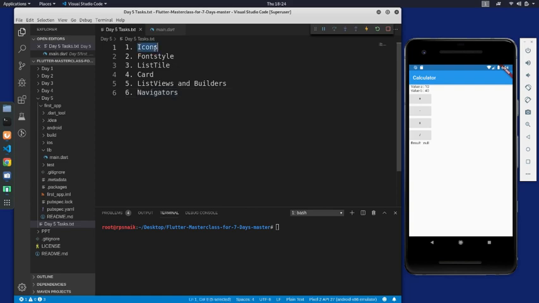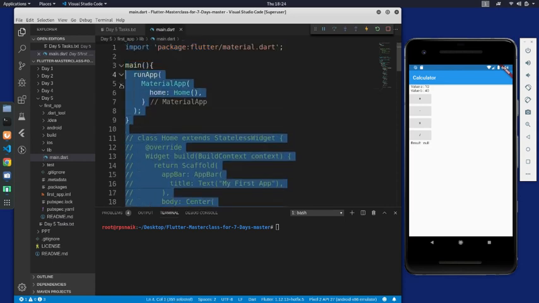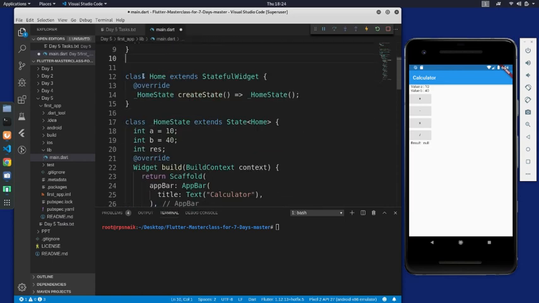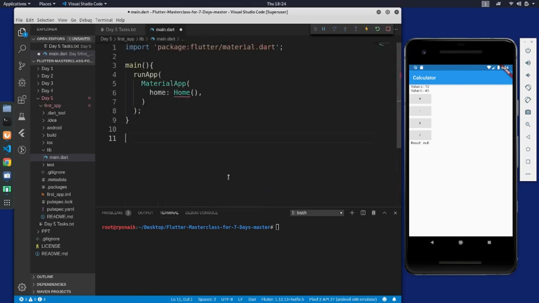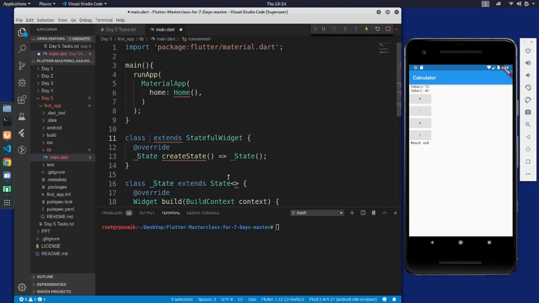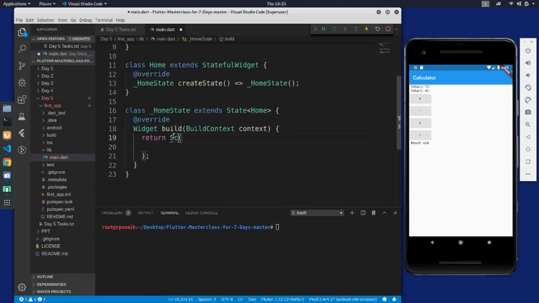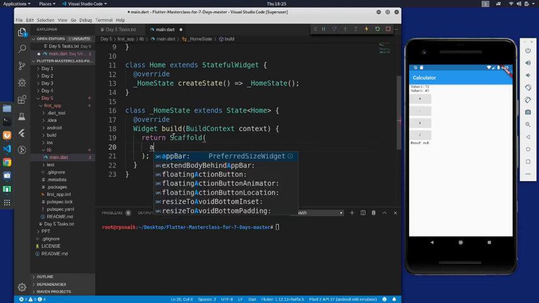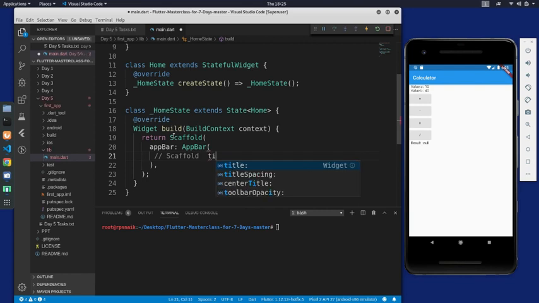So first of all, icons. Initially I would like to remove the stateless widget here, and then recreate the stateful widget from the start. So STFL, as we all know, home, there we go. Now we have the stateful widget. And instead of a container, we're going to use the scaffold and app bar, and in the app bar I'm going to give the title saying